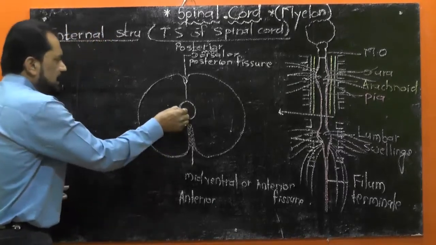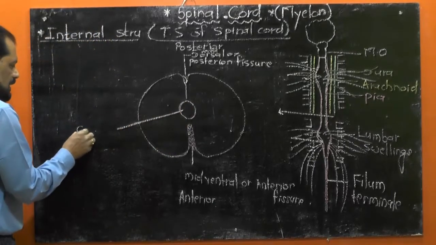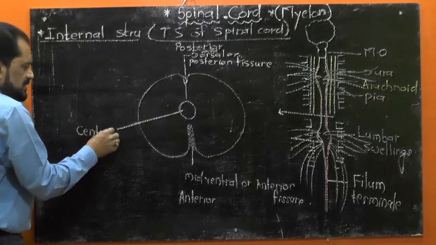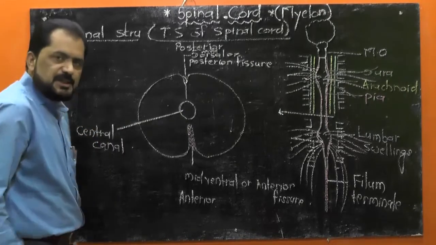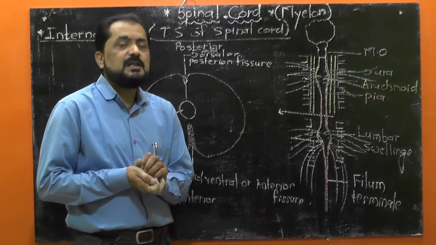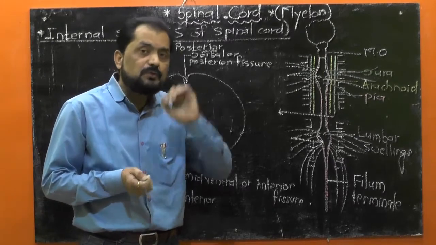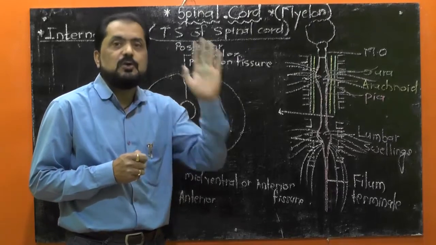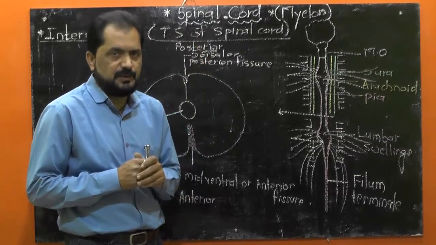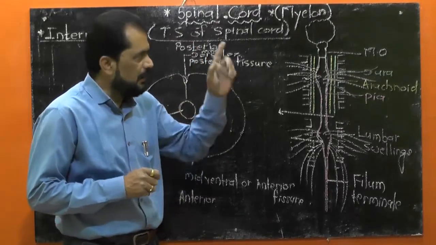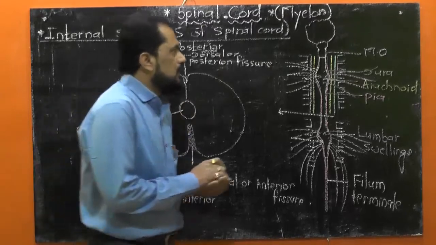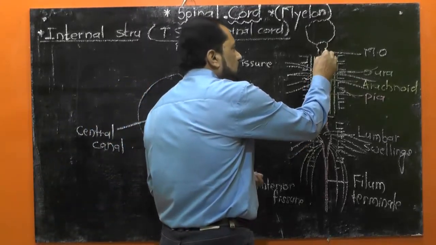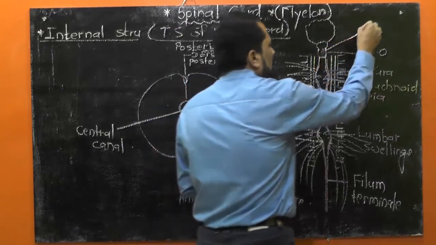The cavity enclosed by spinal cord is known as central canal. This central canal is in communication with the fourth ventricle at its upper end and closed at the lower end. Listen carefully. We have already studied about the brain and you know the cavity of medulla oblongata is known as